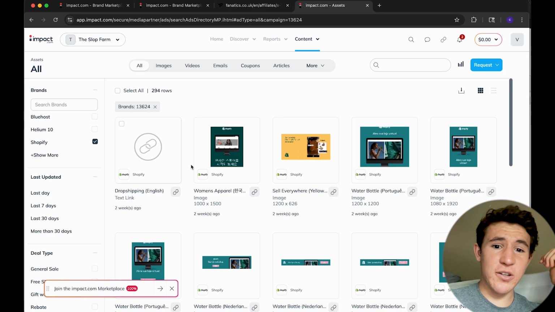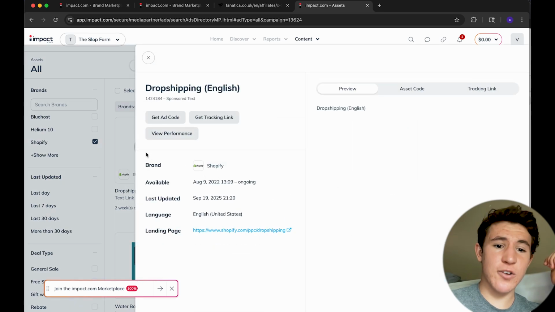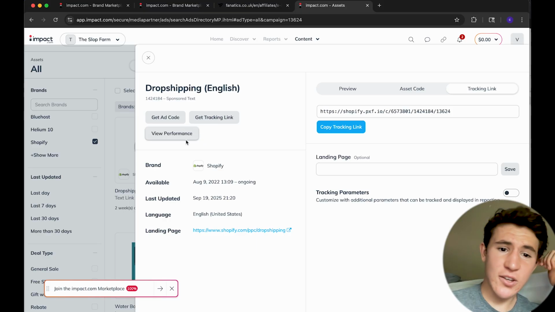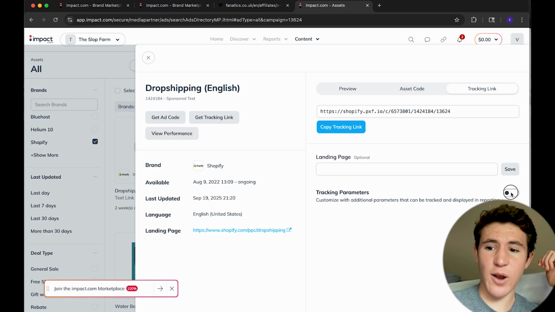In this case, if I want to use this one for Shopify, this is for drop shipping, you can just click on that, and then go to this tracking link option right here, and then click on the copy link option right here. You can see if you want to view info or performance for this link right here. You can click on view performance or track how effective this link is with this option like so,